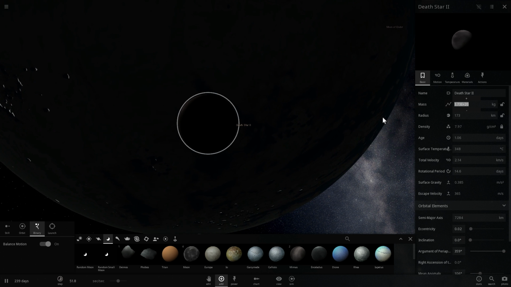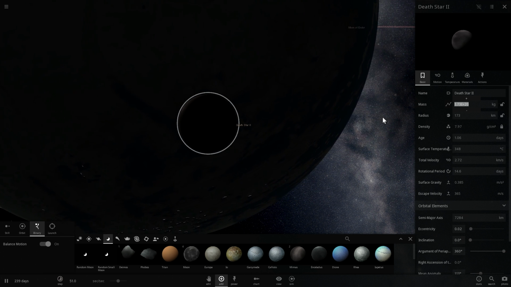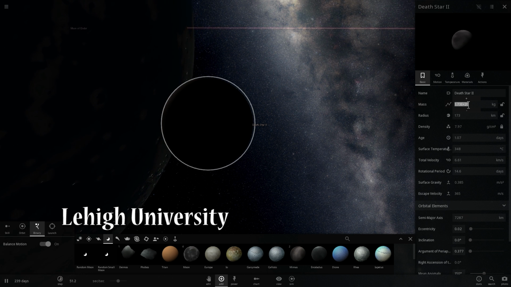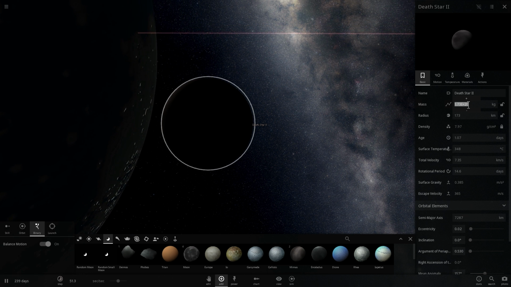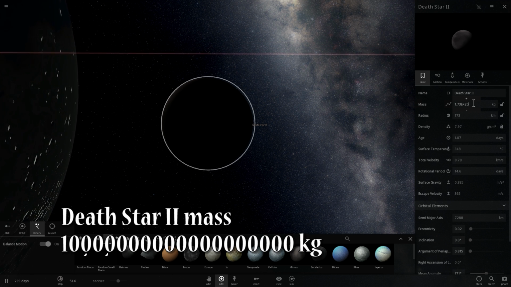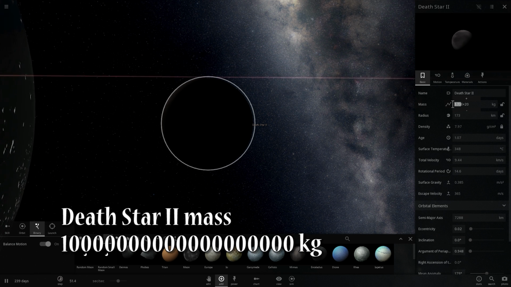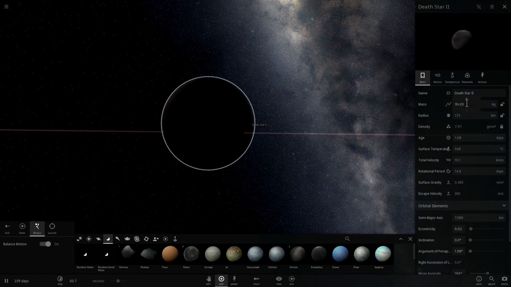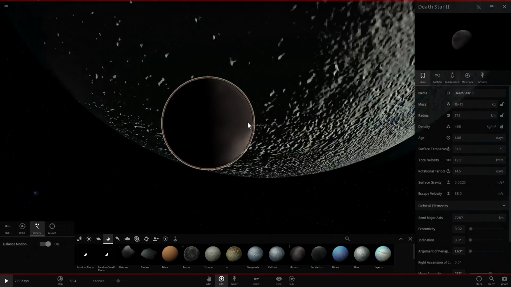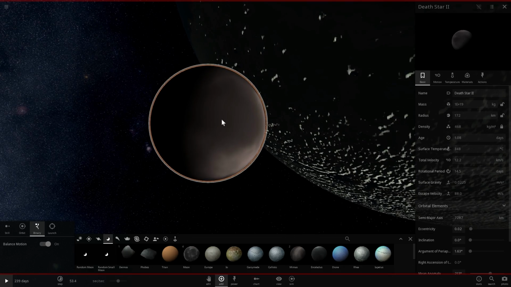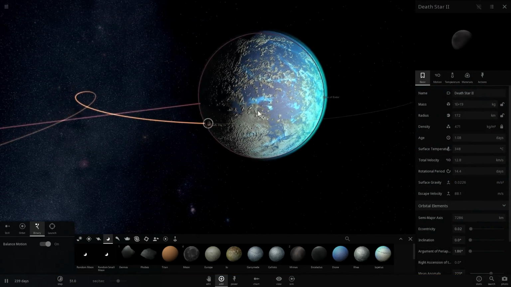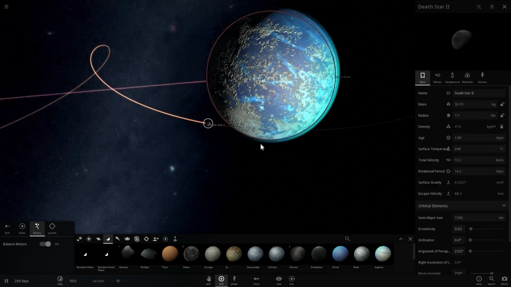Now, there's another paper by a few students from, I believe it's called Lehigh University, or I might have mispronounced this, that actually calculated the mass of the Death Star 2 to be about 10 to the power of 19 kilograms. So it's a little bit lighter than we have it here. So we're going to lower this to about 10 to the 19, which also suggests that maybe it has a little bit less density, because obviously there's a lot of empty space on the inside. Alright, so that's done. So we have our Death Star 2 orbiting around the Moon of Endor, and everything looks fine